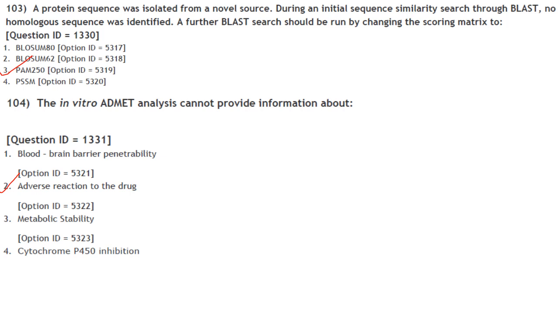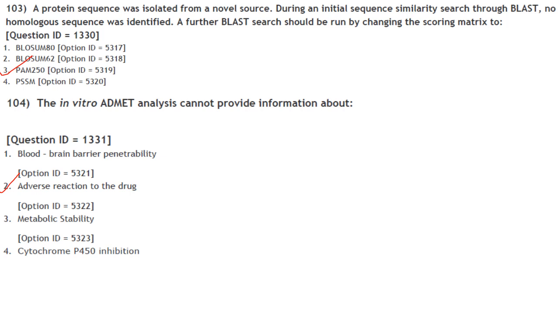The in vitro ADMET analysis cannot provide information about... ADMET stands for absorption, distribution, metabolism, excretion and toxicity. The predictions of the ADMET properties play an important role in the drug designing process. Absorption is how much of the drug is absorbed and how quickly, that is the bioavailability of that